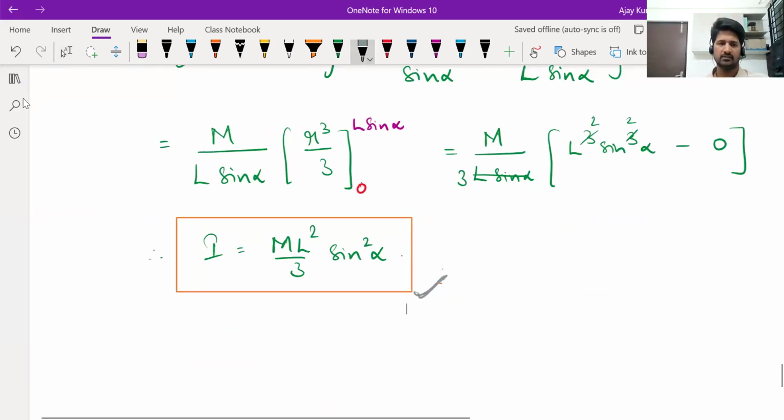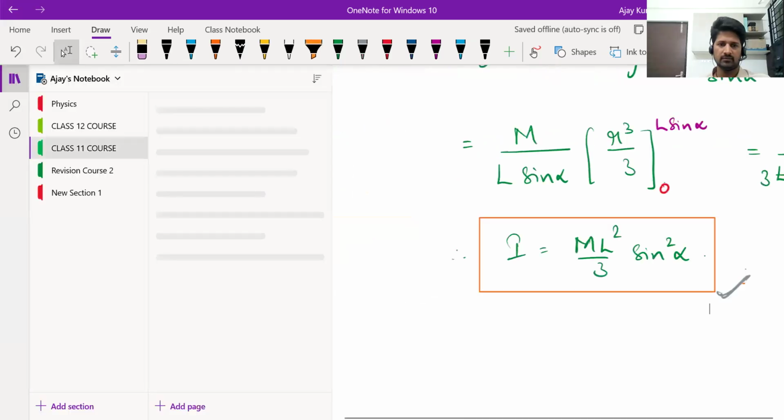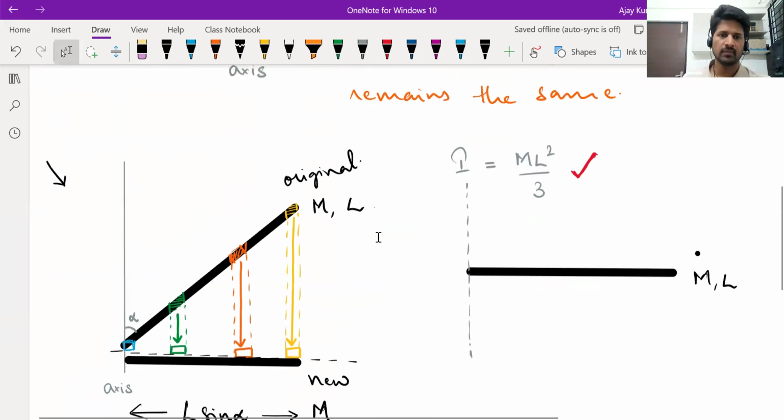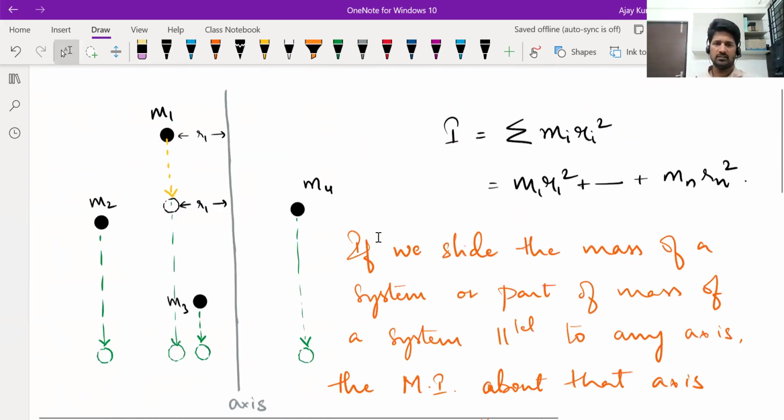ML square by 3 sin square alpha. Okay, so let me explain the idea once again. This is the logic that we are using. Suppose there is a system and let's say there is some axis about which you want to derive its moment of inertia. The idea that we have just applied is if elements of a system, elements means particles,